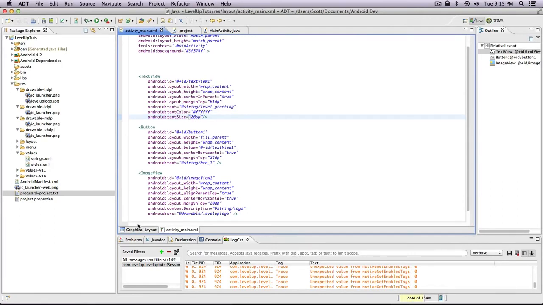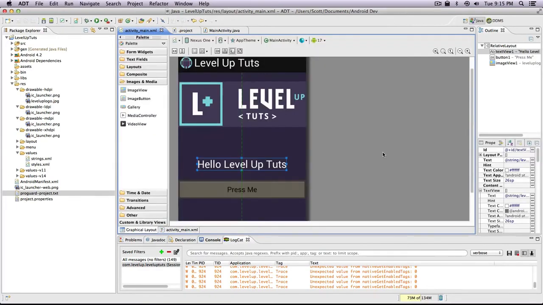So the best part about these little tools is that they're going to help you out. Let's say you're in a situation like this where you're new to this and you're coming in here, you see dp everywhere, so you type dp. Well, sp stands for scalable pixel. It's basically a pixel that is scaling to the device size. It's not quite a true pixel. So let's save this at 26 white, and let's come to here with this nice big beautiful level up tuts,